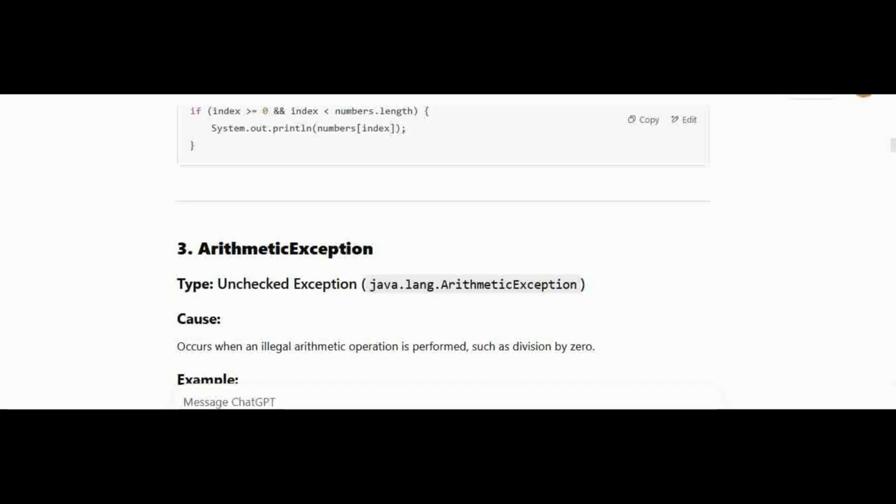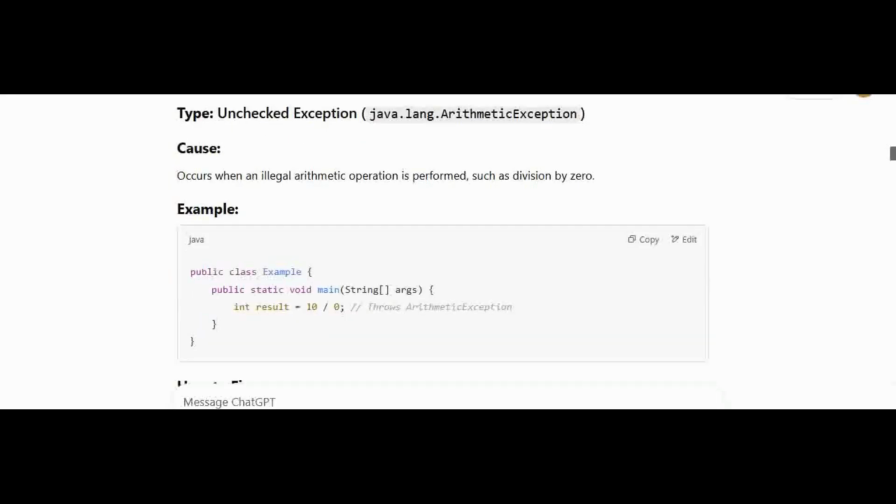java.lang.ArithmeticException. Cause: it occurs when an illegal arithmetic operation is performed, such as division by zero. The ArithmeticException occurs when an exceptional arithmetic condition arises, such as division by zero. Let's look at the example. We have Java: public class Example { public static void main(String[] args) {